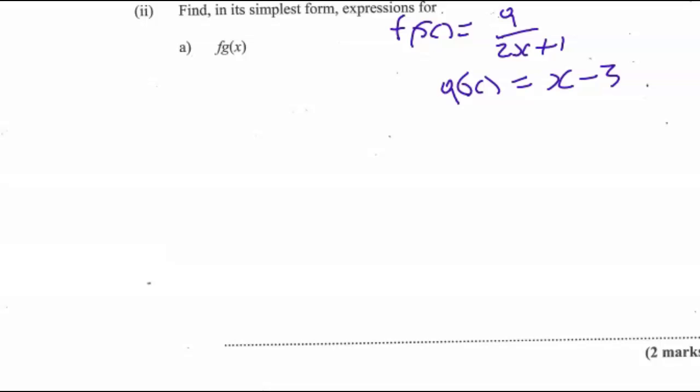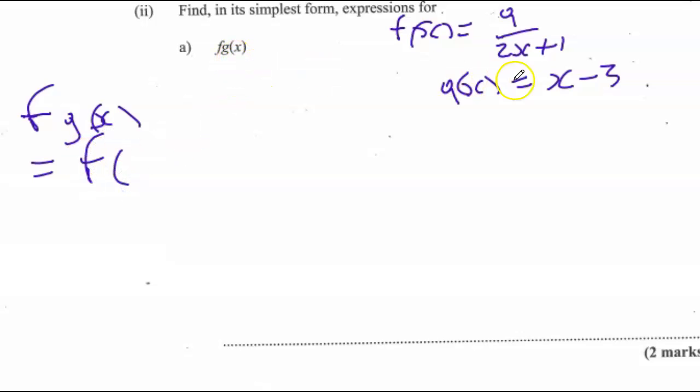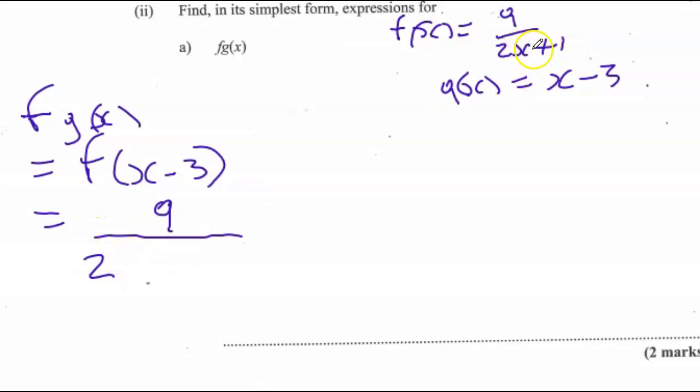So now we are asked to find fg of x in its simplest terms. So fg of x means you substitute g into f, meaning in f, here's f, f is 9 over 2x plus 1. So wherever there's an x, you're going to replace it with the function g, and g was x minus 3. So you're going to replace x with x minus 3 in the function f. So the function f is 9 over 2x plus 1, but we're replacing x now with the g function, which is x minus 3